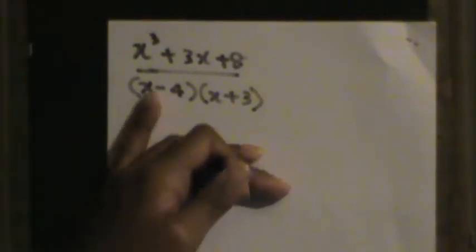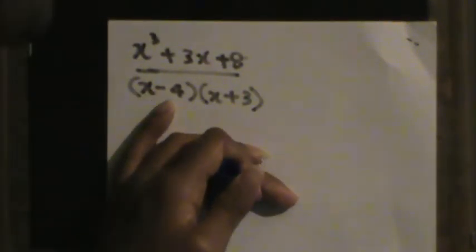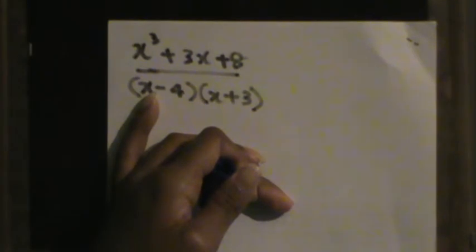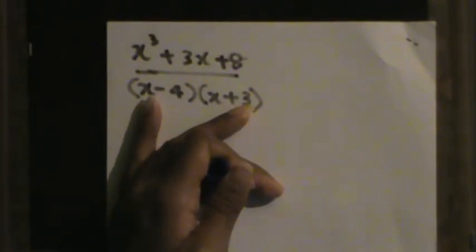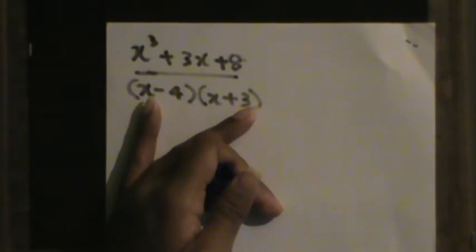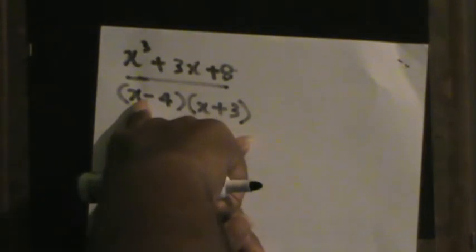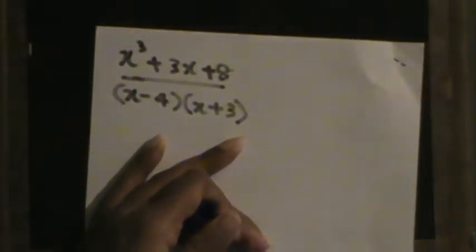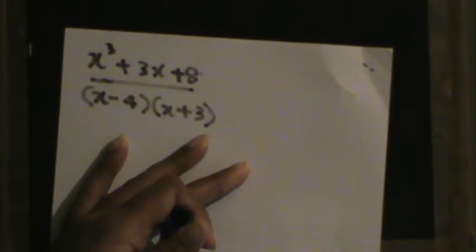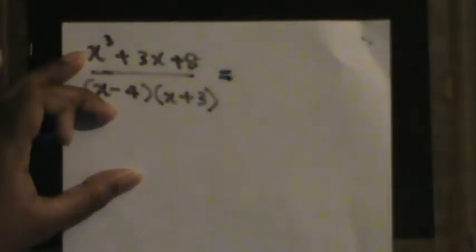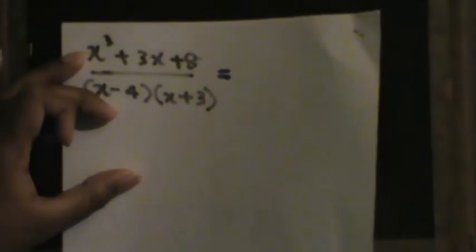So you can say that this is equal to a divided by x minus 4, plus b divided by x plus 3, because we have a linear function here, because when you divide the highest power of the numerator by the highest power of the denominator, you will be given some function in which you can write a linear expression. So what I will write here is that since we are left with an equation in which the difference of powers is 1, I can write a linear expression here, which is ax plus b,